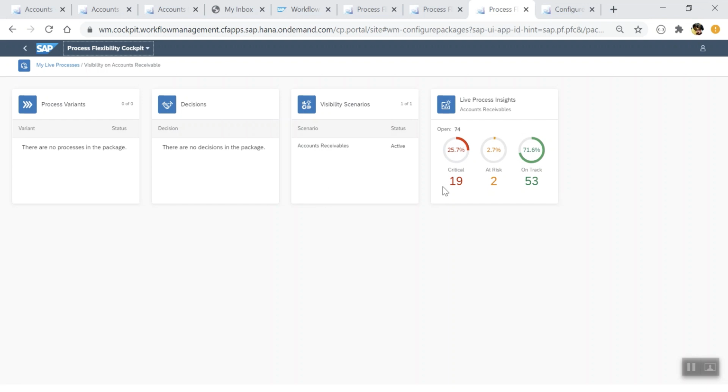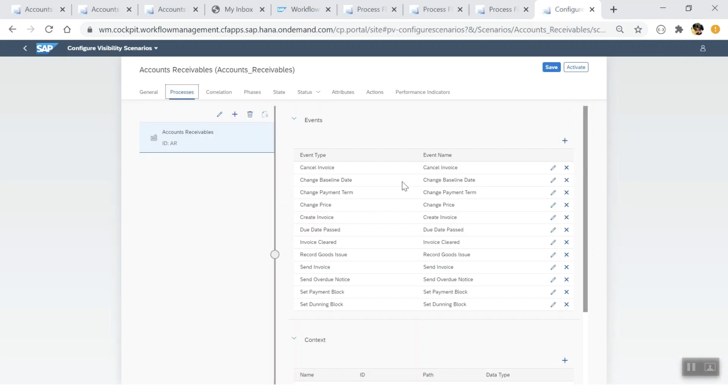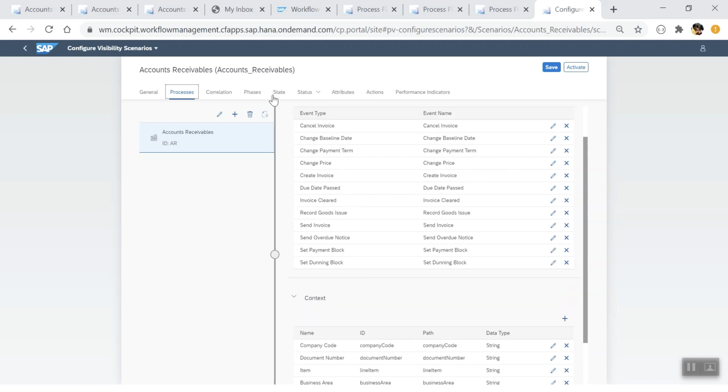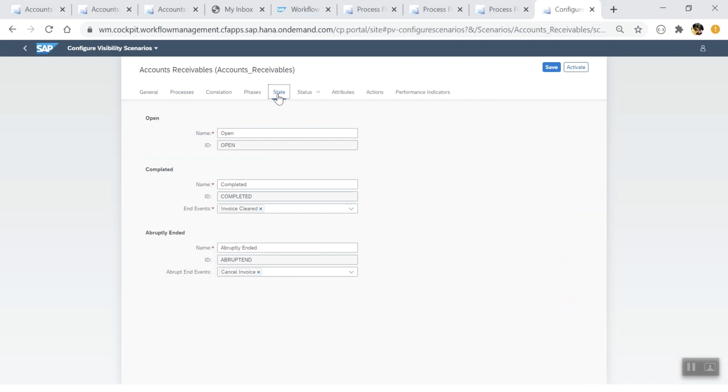Now that we know this and have imported it into our environment, let's step in to see what the visibility scenario is all about. So here you see all events and contexts that represent the complete cycle of account receivables right from invoice creation to receiving payments. You, as a line of business user, can also define the states indicating when the process should be marked as completed or abruptly ended.